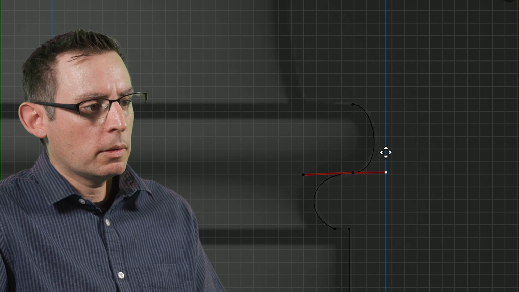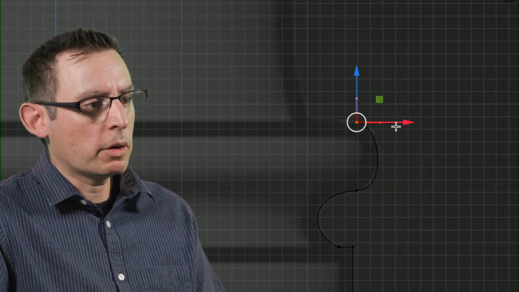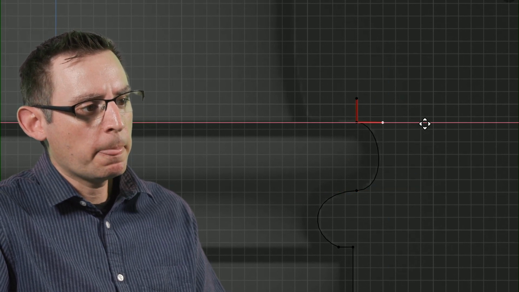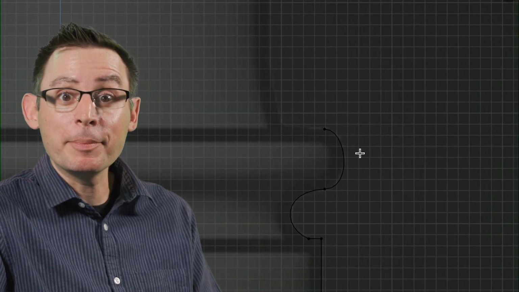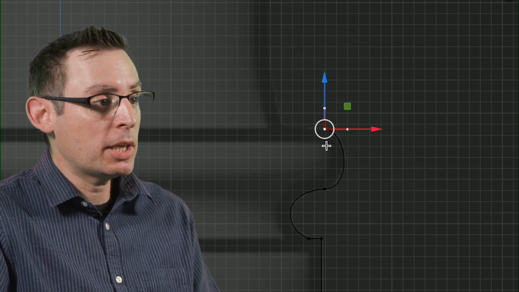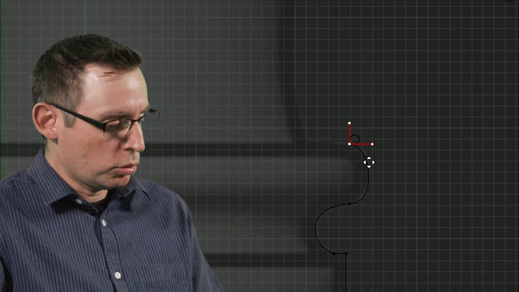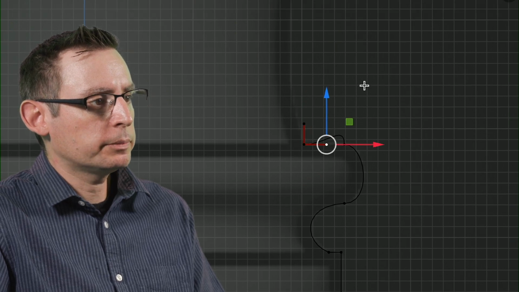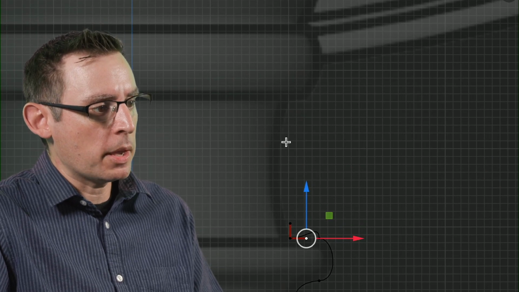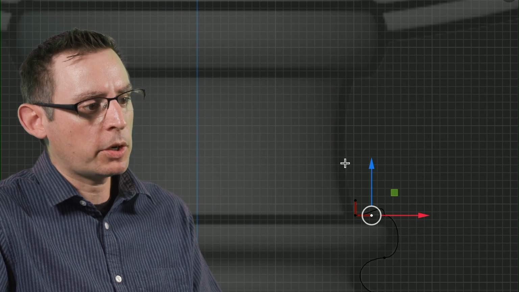Yeah. The cool thing about working with these curves is that they're editable at any time. I'm already noticing some small little changes that I want to make, and I can do that at any point with these curves just by going back into edit mode and changing the location of these dots. Let's keep cruising up here. I'm going to extrude this last one out along the x-axis, somewhere right around there. And now we have a big soft curve in here.